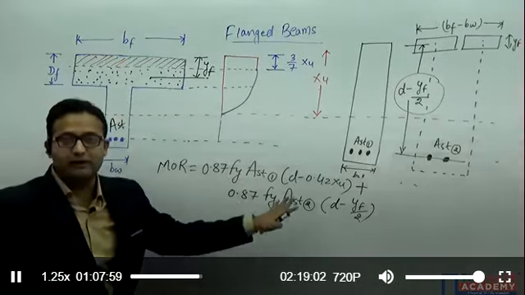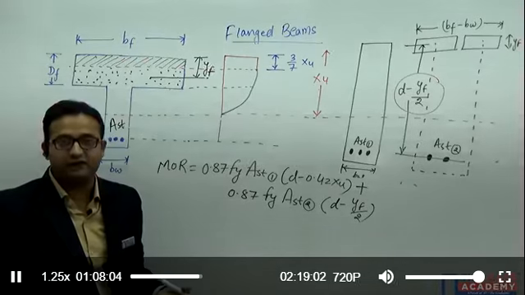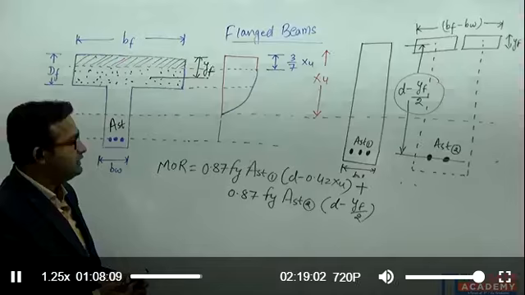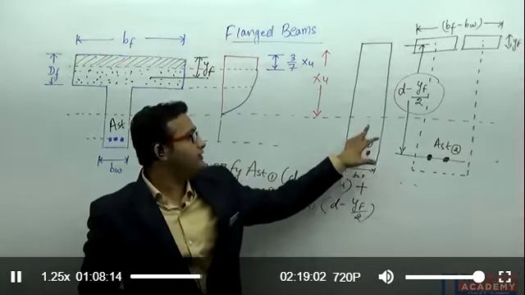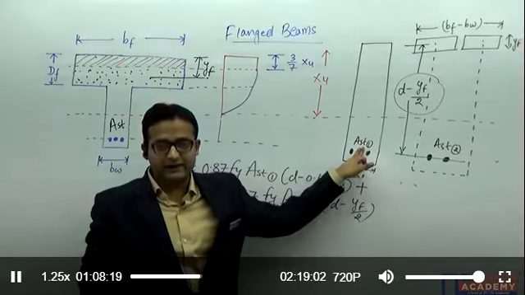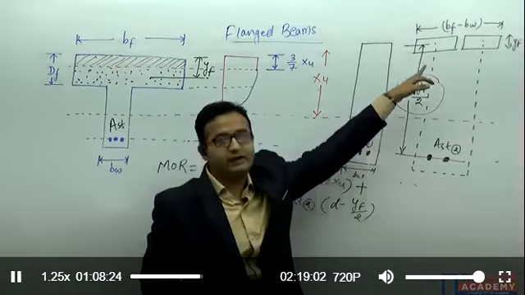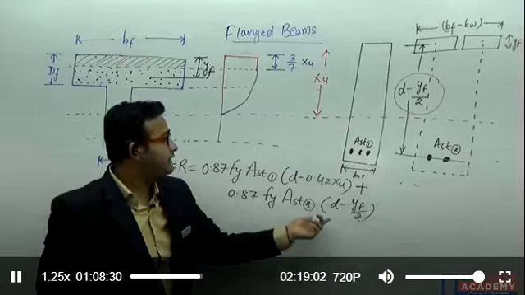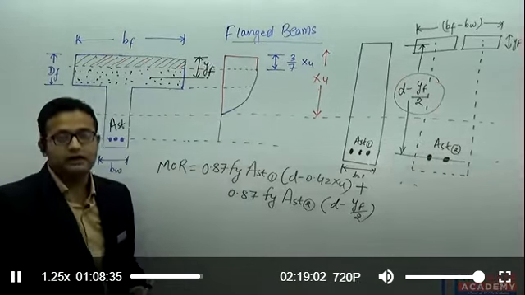So you have calculated the moment of resistance. Now you can calculate the Ast also. If you want to calculate the area of reinforcement, you can easily calculate. Yesterday also we have seen, this is acting as a singly reinforced beam. So for this, if you want to provide Ast1, you can calculate Ast1 easily for the limiting value Mu limit, and this Ast2 we can calculate by putting that moment of resistance equal to 0.87 fy Ast2 (d minus d_f by 2). So in this way we calculate the area of steel also.